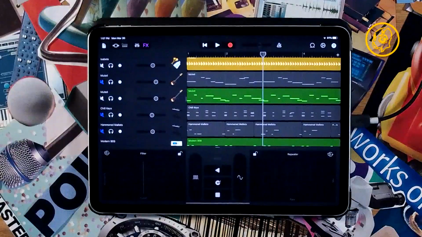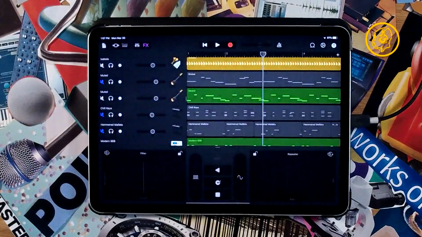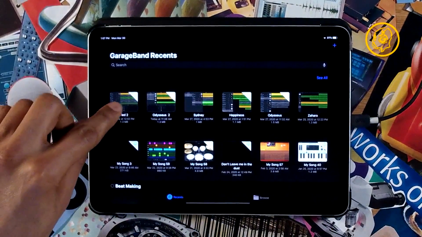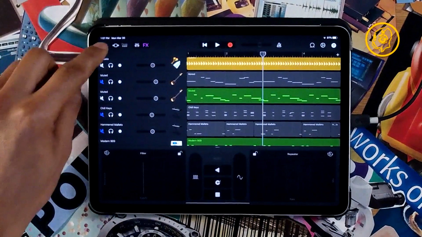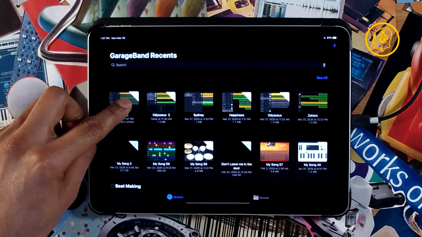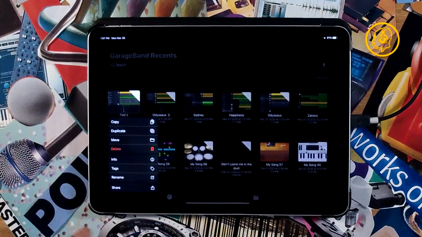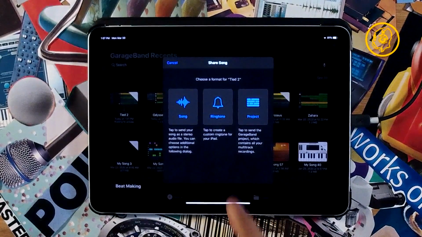Let's get into it. All right, so we hit the document area. Boom. And we click. Oh, no, I'm sorry. Click and hold. Some of these clicks are funny, so you kind of got to learn them intuitively. Click, hold. Comes up. Share. Now, how do we want to share this? We want to share this as a song, or a project.